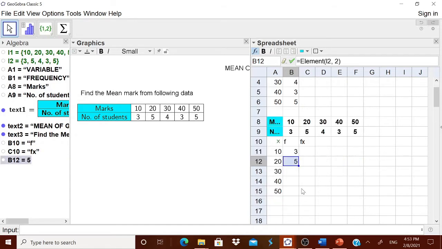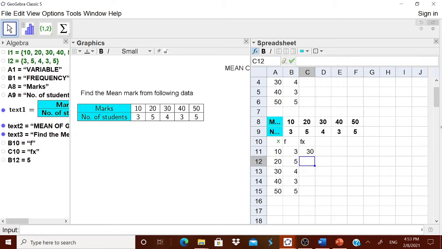Okay, I think I will drag it. This I will make into 3, this into 4, this into 5. No problem. You can type these numbers here also: B11, B12, B13, B14, C11, that also you can do. Now here we have to find the multiplication of these two numbers. What is the position now? A2, A11 and B11 is equal to A11 multiplied by B11.